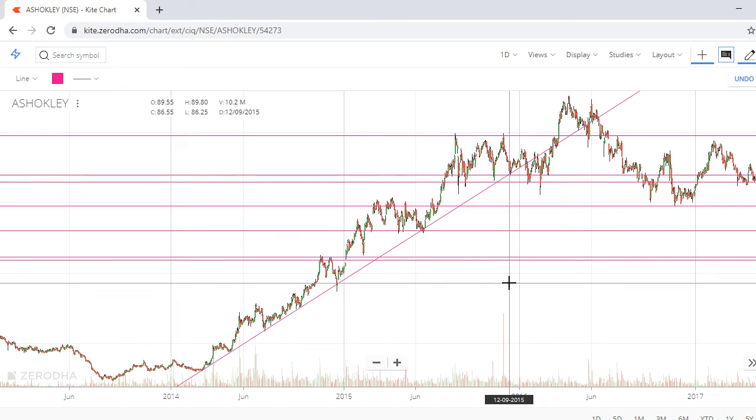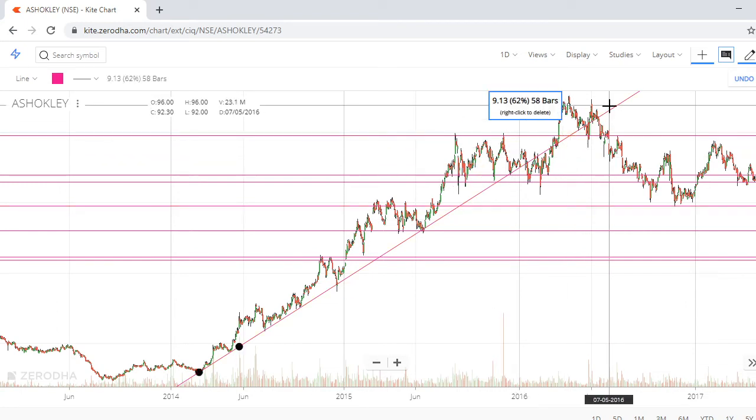Okay, so don't ask me again and again what time frame works. Whatever I am teaching you, that is all price action. It works on all time frames, including 3 minutes, 5 minutes, 10 minutes, 15 minutes. Every time frame it works. The only thing that matters is how good you are at reading charts. So practice more. This is trend line.